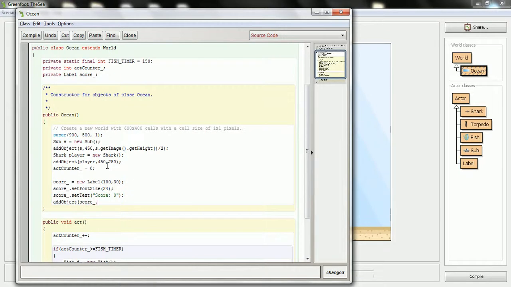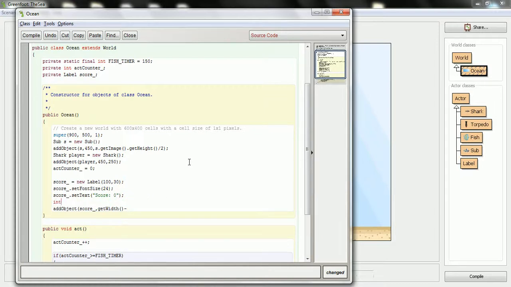And where I'm going to place it is up in this top right corner here. So if I get the width of the world, and then I need to back up by the width of the box. So score.getImage().getWidth(). You know what, I don't like how messy that is. I'm just going to move that code. So I'm going to go here and put int scoreX